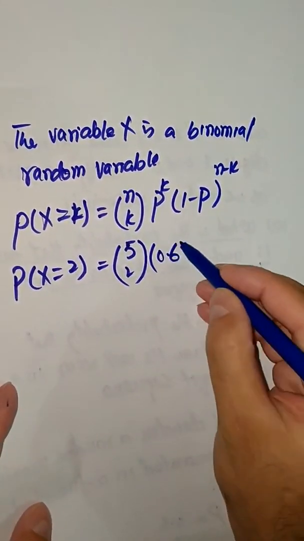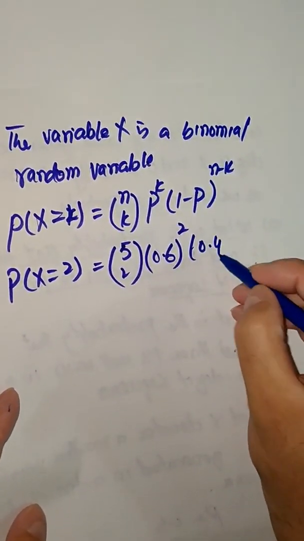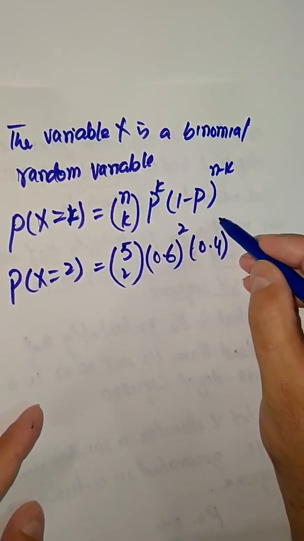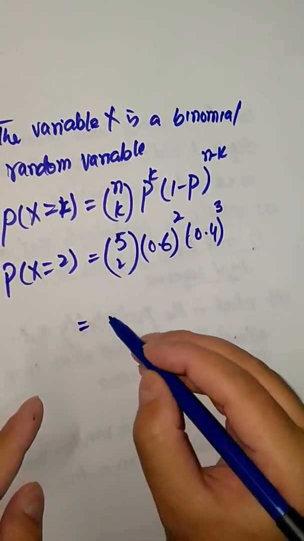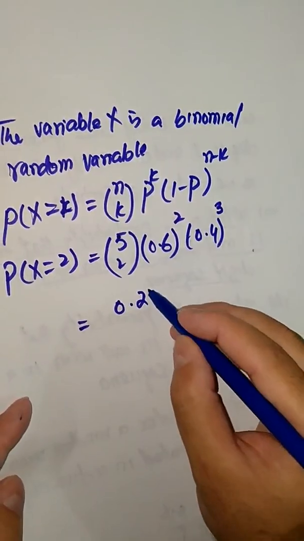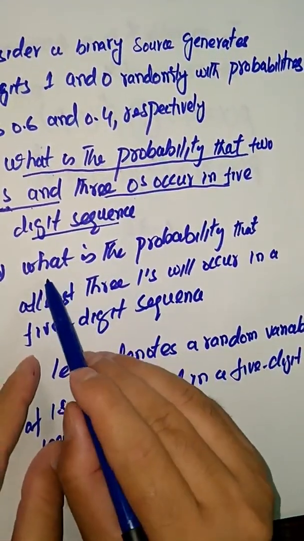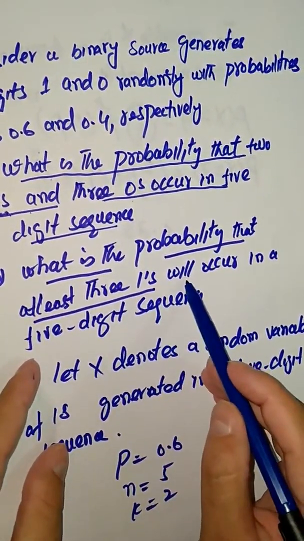The value of k is 2, so 1 minus p is equal to 0.4, and n minus k would be equal to 3. After solving this problem we will get the probability 0.23. In the b part we have to find what is the probability that at least 3 ones will occur